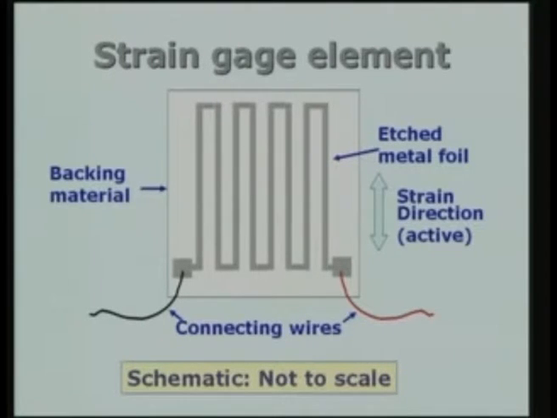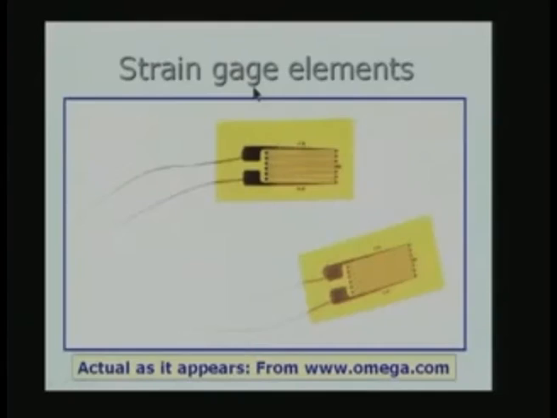Before that, let me just show, this is just a schematic, it is not to scale. So, let me just show how a typical strain gauge looks like. I have taken it from the website of omega.com. Omega is a manufacturer of transducers of various types. They also manufacture strain gauge elements, and what I have shown here is a typical strain gauge element, which consists of 2 pads from which connection is taken to the outside electronic circuitry. These are the segments which we talked about. The number is determined by the length required for the strain gauge, and in fact, it is determined by the resistance of the element.